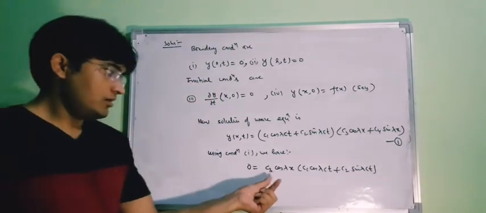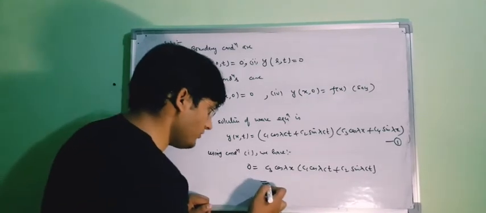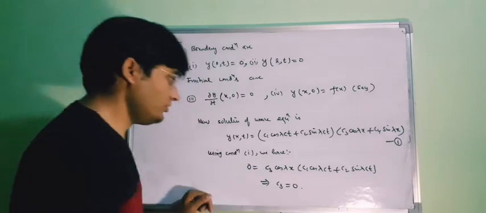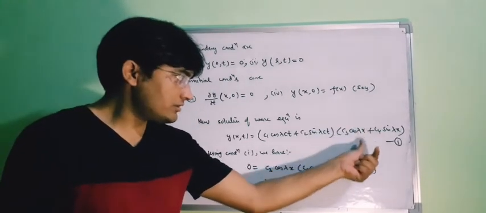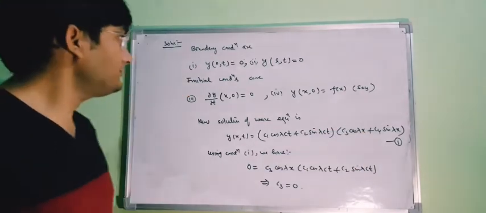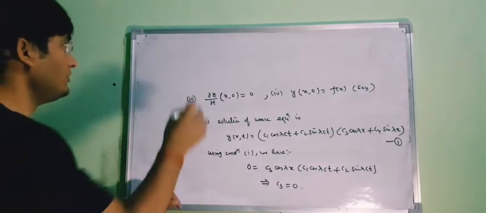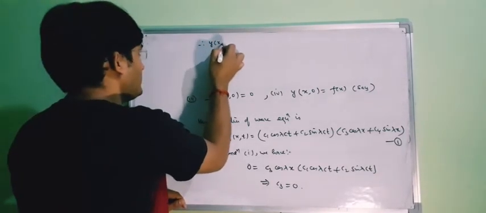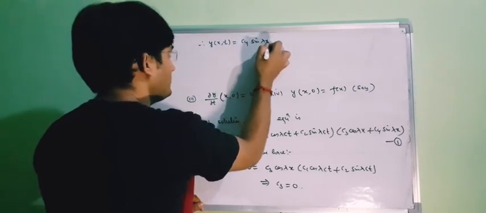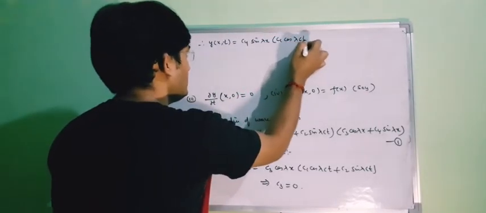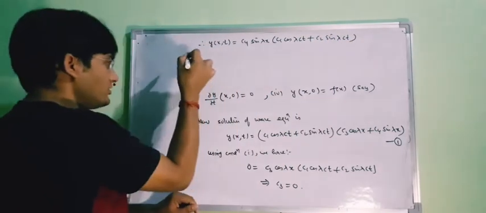Now as you know that this cos lambda x cannot be 0, so from here c3 will be 0. So c3 is 0. Now if c3 is 0, then this term will vanish, and therefore your solution will be y(x,t) equal to c4 sin lambda x into (c1 cos lambda ct plus c2 sin lambda ct). Now using condition 2,